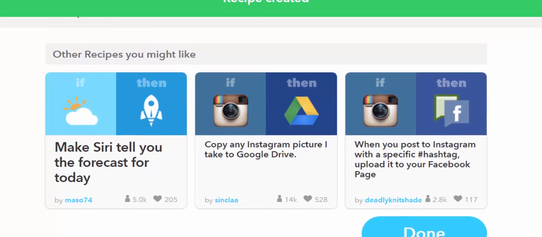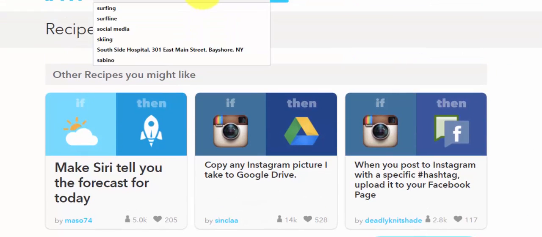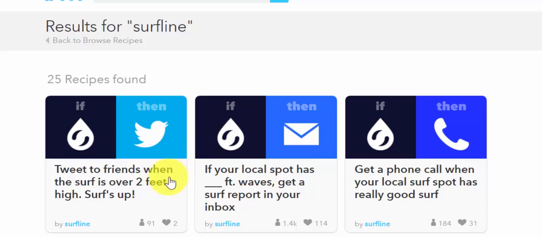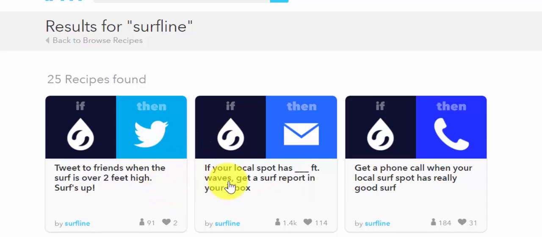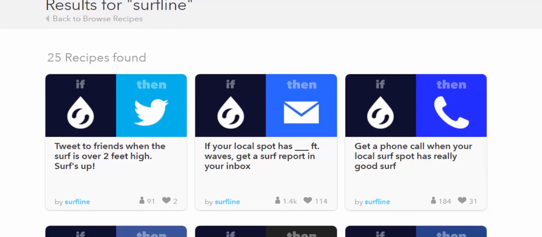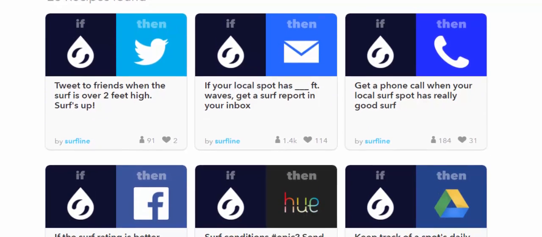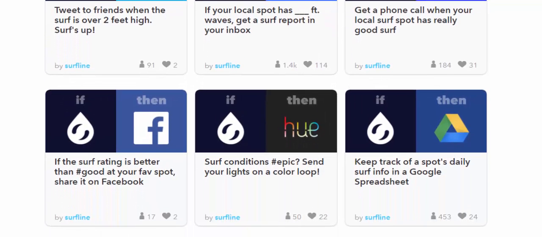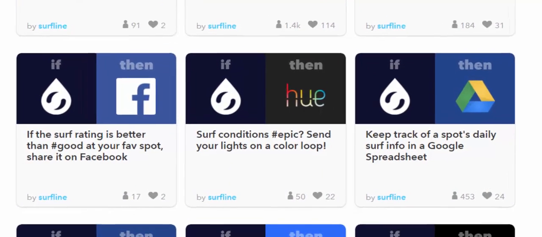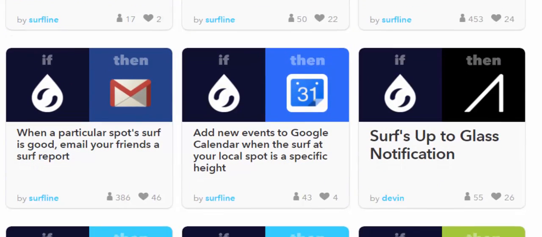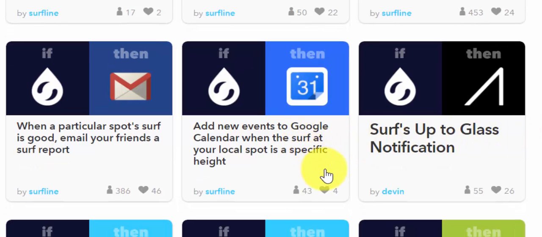So again, we can look at some other different surfing recipes there are. Tweet to friends when the surf is over 2 feet. Hi, surf's up. If your local spot has a certain height of waves, get a surf report in your inbox. It's pretty cool as well. Check this out: surf conditions, hashtag epic. Send your lights on a color loop. That's pretty cool too. Add new events to Google Calendar when the surf at your local spot is a specific height, and